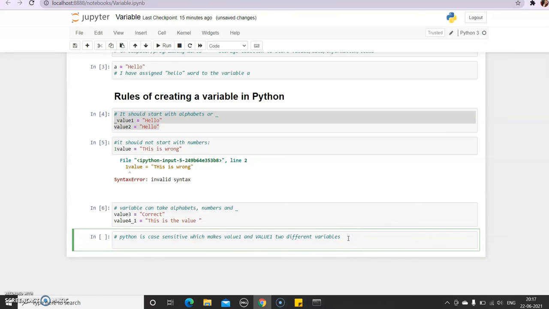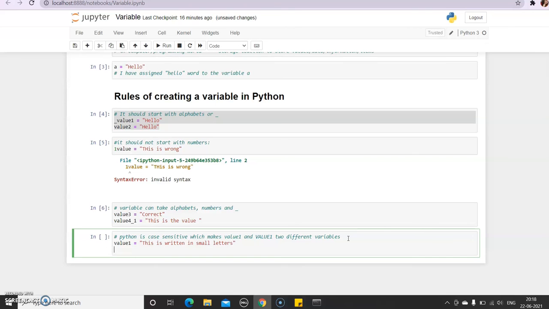That means capital letters, I mean block letters, and small letters are treated differently. If I say value1 is equal to, this is written in small letters.